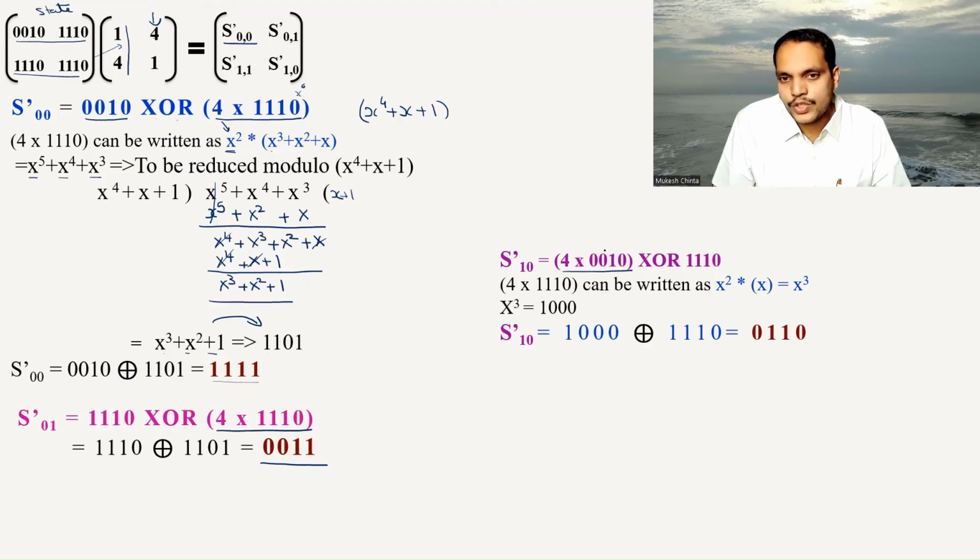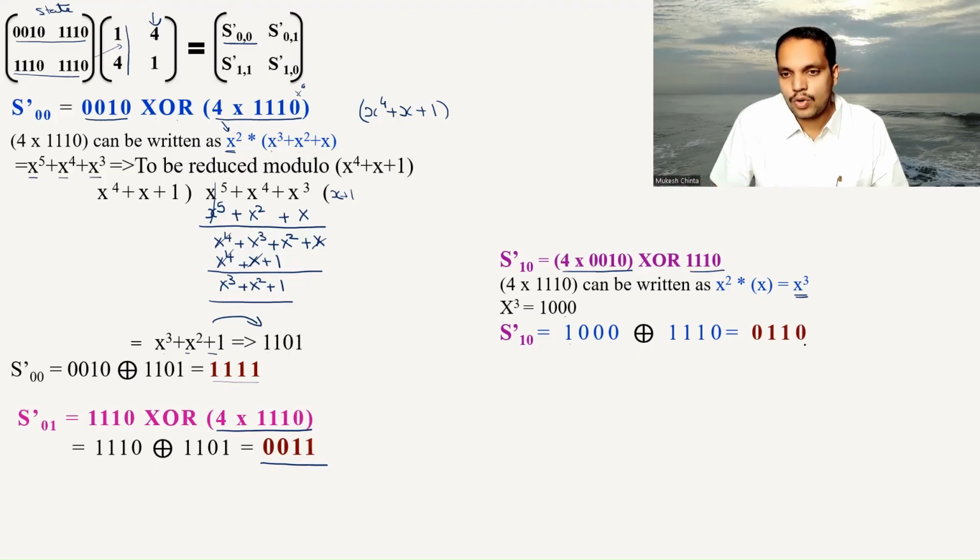There is no x cube coefficient. There is no x square coefficient. There is only x coefficient here. So x square into x gives me x cube. Because the x cube's degree is less than our polynomial, I need not reduce it further. So x cube can be simply written as 1000, which gives me 1000 exclusive OR with this